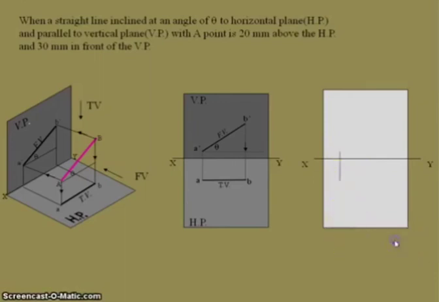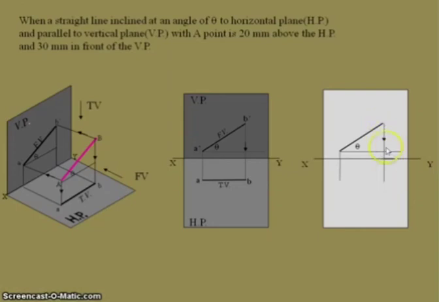Next, the horizontal line I have taken for reference purpose for locating the theta angle. With that theta we need to draw the straight line of true length with the theta angle, that is A dash and B dash. Next we need to construct a construction line or projection line from the end point of the straight line.